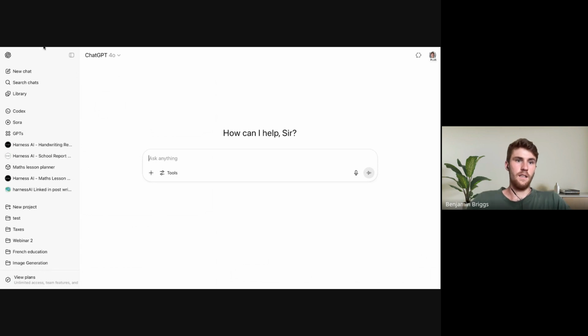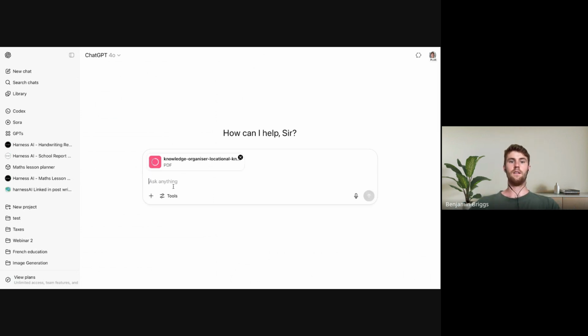So the first part is the role. And the way I often do this, rather than just typing out exactly what the role is myself, I give it a bit of context about what I want and then ask it to write that role for me. So we're going to be creating knowledge organizers, and I already have an example knowledge organizer. So let's use that to our advantage and attach it into this regular chat and say,